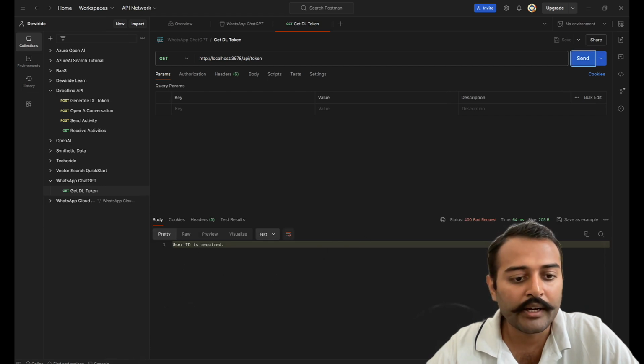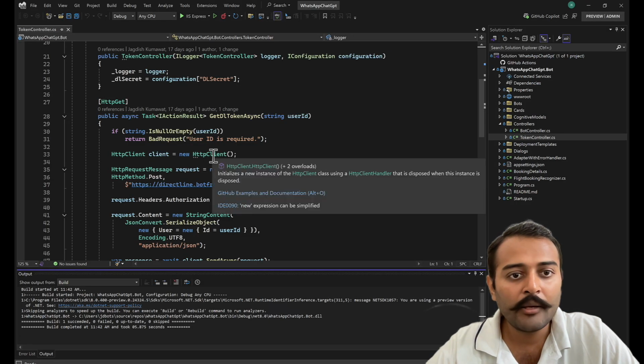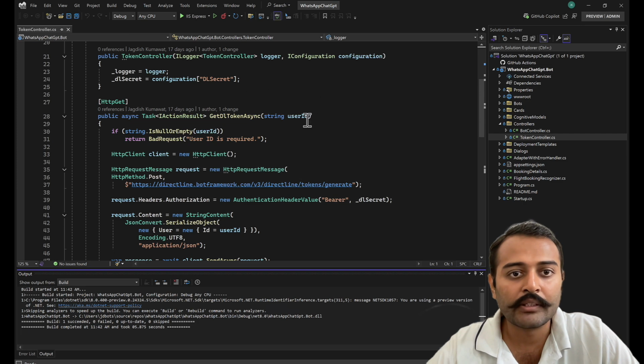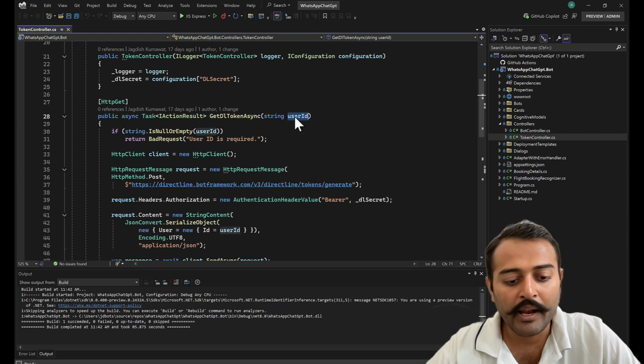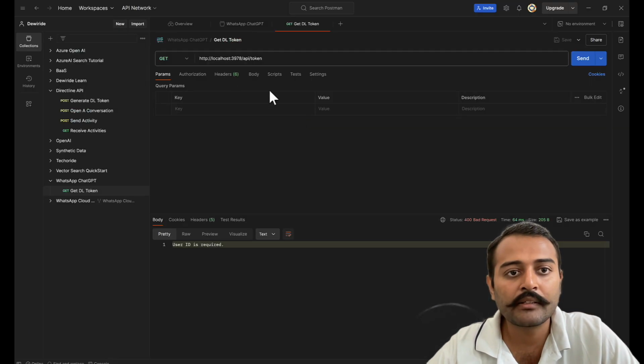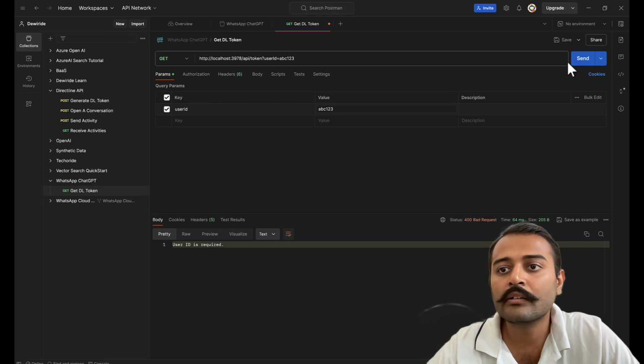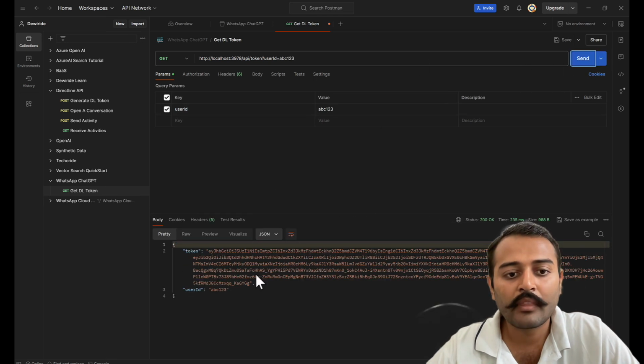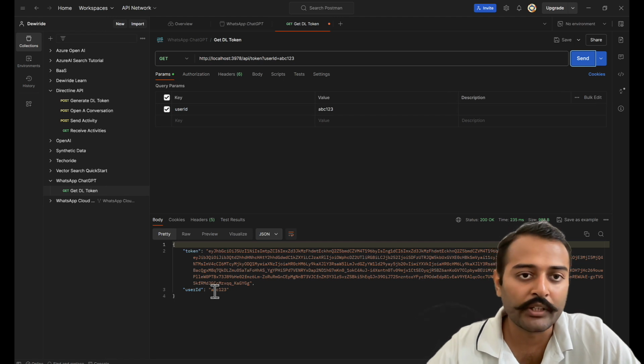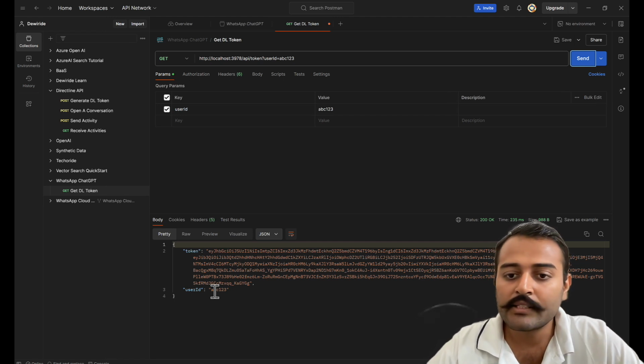It says user ID is required. Let me pass some user ID to it. And it seems it's a parameter that we are passing. So let's pass user ID. I'll just say ABC123. And there we have the token for our ABC123 user. So let's move ahead by integrating other